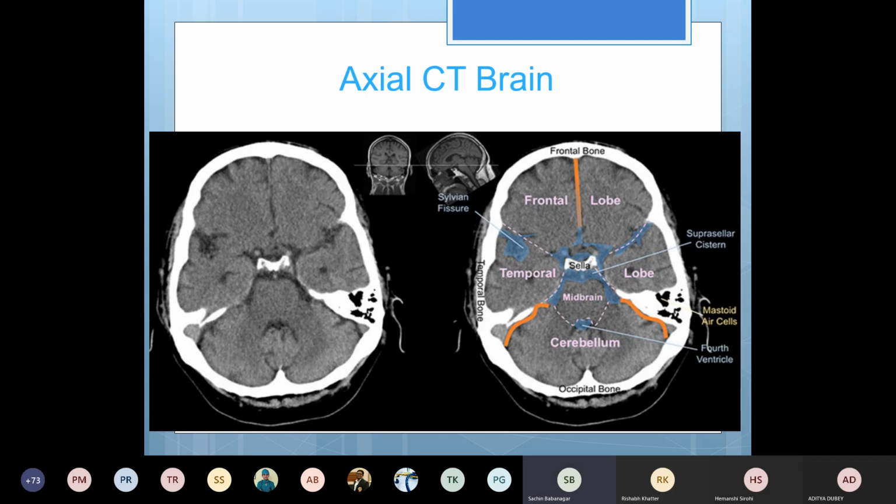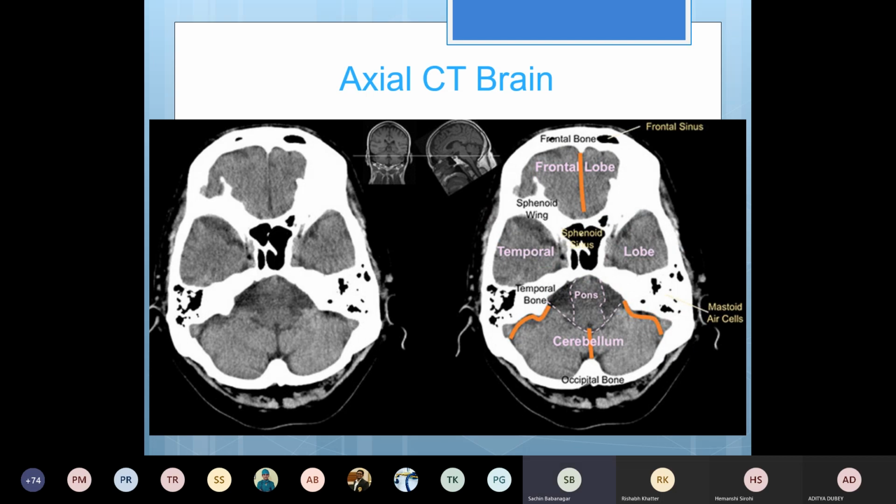On either side, you start seeing the mastoid air cells inside the temporal bone near the ears. This is the external pinna, this fold of skin that we see. And here you have the right side mastoid air cells, left side mastoid air cells, and these are the sphenoid air sinuses and basal sections of the frontal lobe, temporal lobes, and here you have the pons, medulla and then the cerebellum.